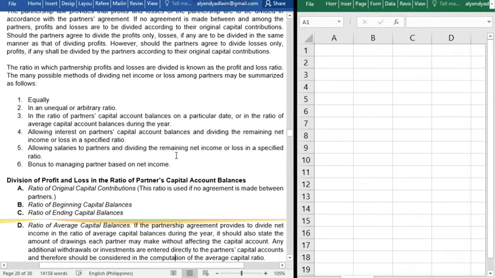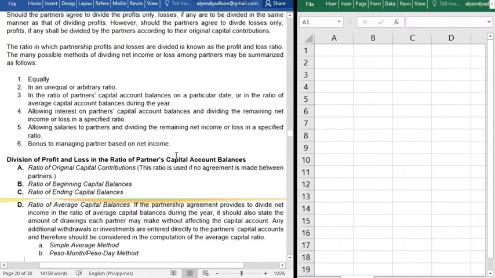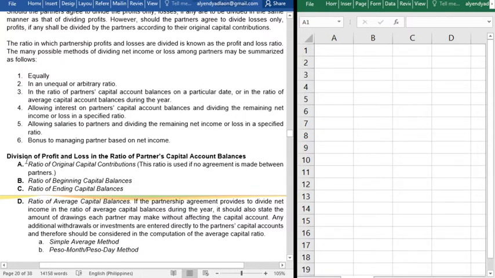Division of profit and loss in ratio of partners' capital account balances. So again, first we have the ratio of original capital contribution. So this ratio is used if no agreement is made between the partners. So of course, plus